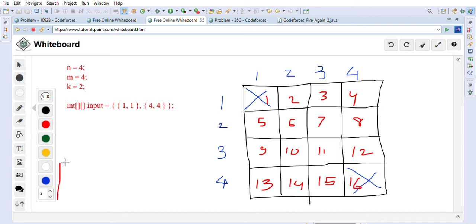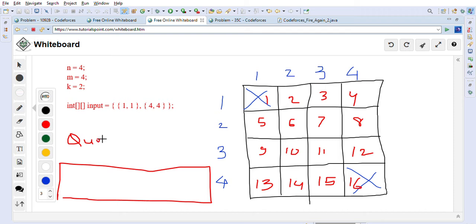So let's say this is our queue, right? In Java we will have a queue data structure. Queue is first in first out, so we will put the trees which are burning first. So 1 and 16 we will put, as you can see.